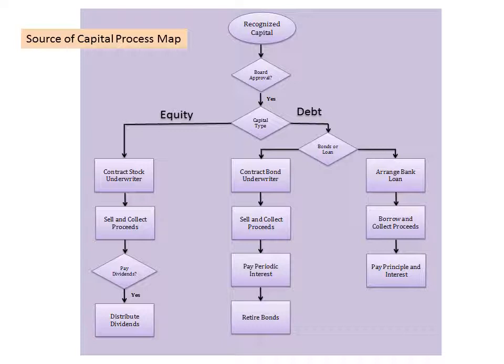Sinasabi na ang corporation daw, corporations are usually unable to access the stock market directly. Kung kaya't, ang magiging way nila para maka-access dito is the underwriter. At sino naman itong mga underwriter na to? Underwriter is a third party that contracts with the corporation to bring new securities issues to the public market. So, after nilang mag-contract stock underwriter, this underwriter naman will sell and collect proceeds. And after that, they are going to pay dividends. And after nila itong makollect, they will distribute this.